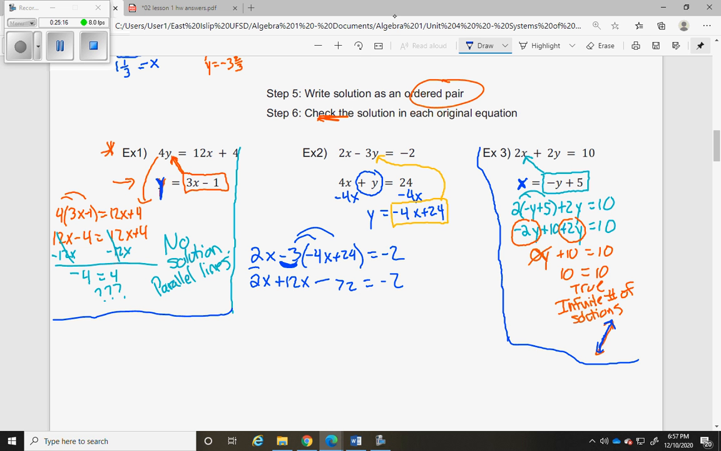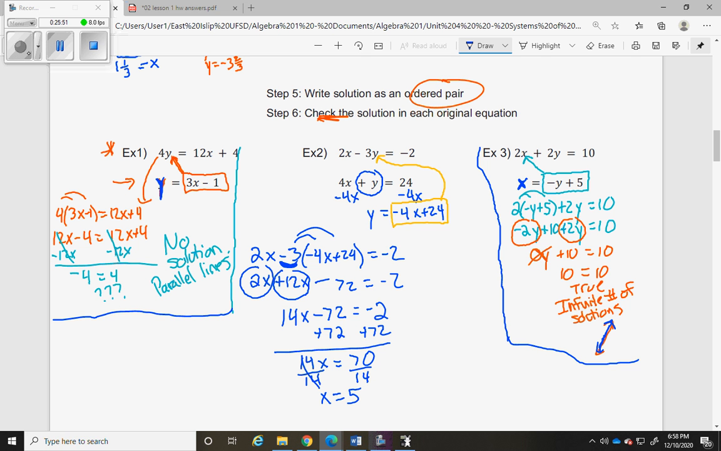On the left side, I want to combine like terms. I get 14x minus 72 equals -2. I know for a fact this has a solution. I'm not going to have anything weird happen like on example 1 or example 3. Let's add 72 to both sides. 14x equals 70. Let's divide both sides by 14 so that we get x equals